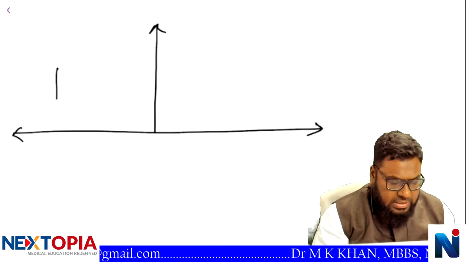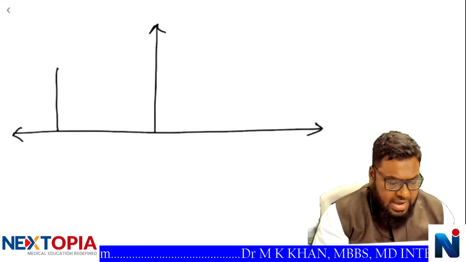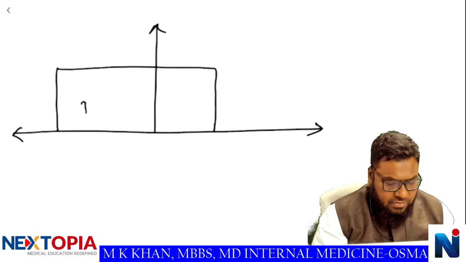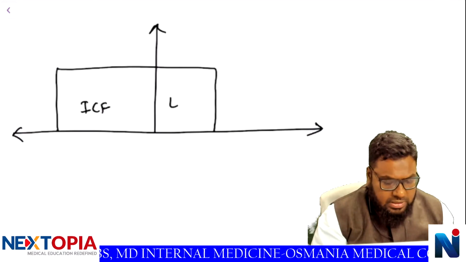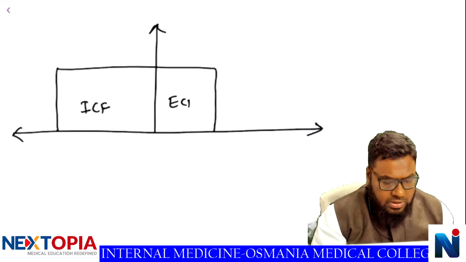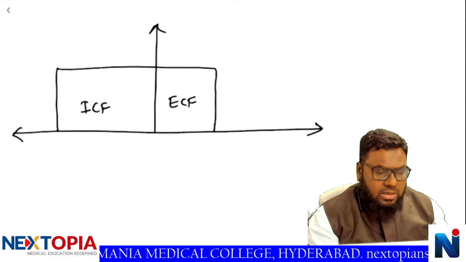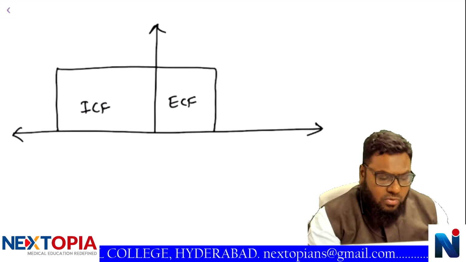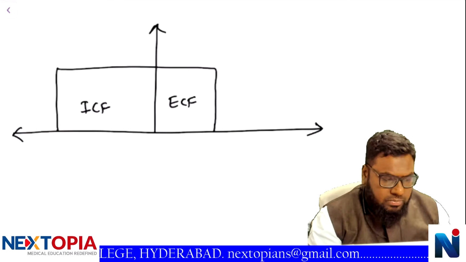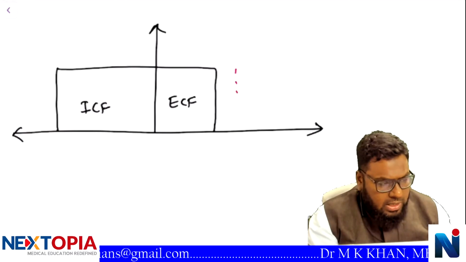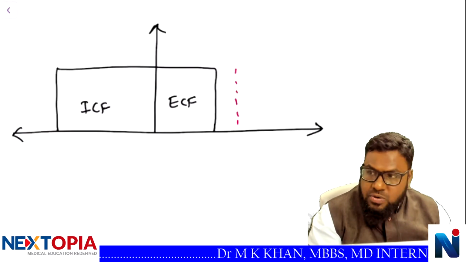So the ICF volume is intact. This is the normal ICF concentration and this is the normal ECF. In this, a person is showing an increase in the extracellular volume,